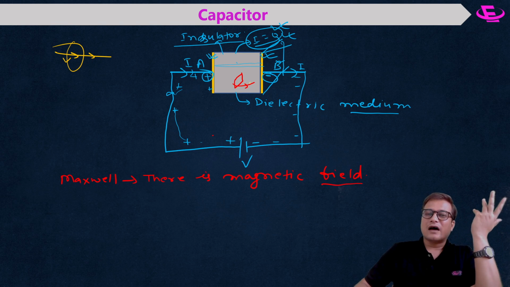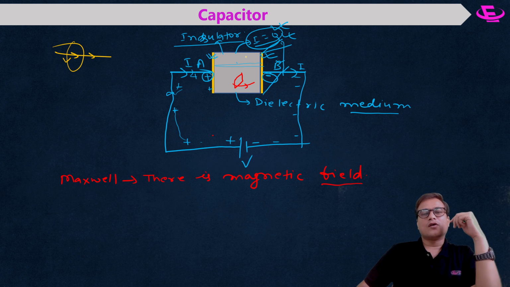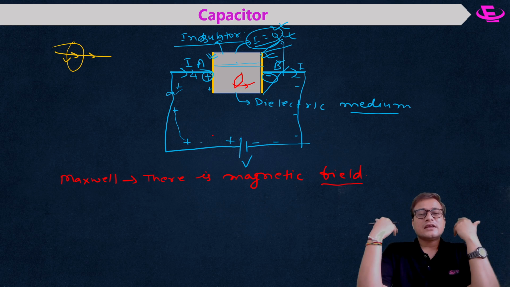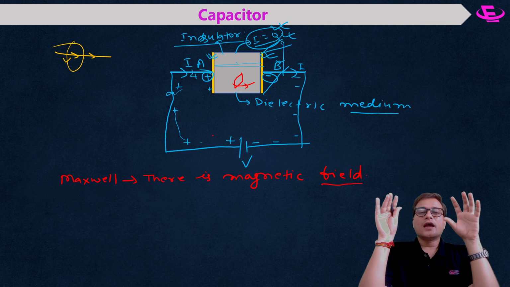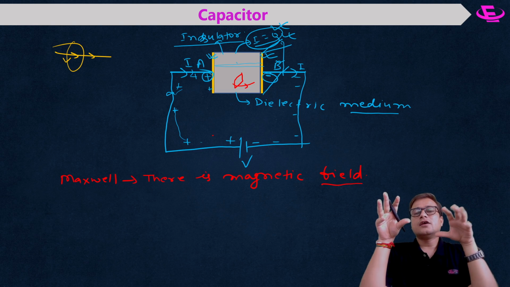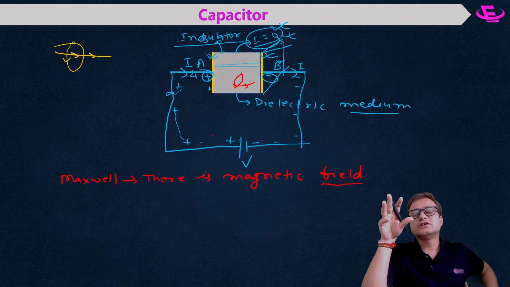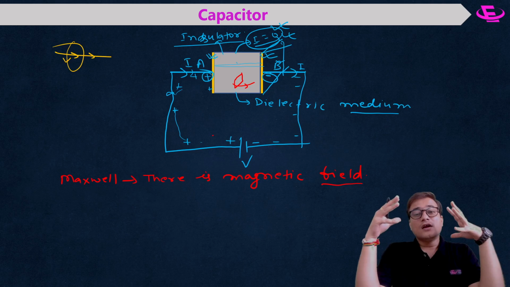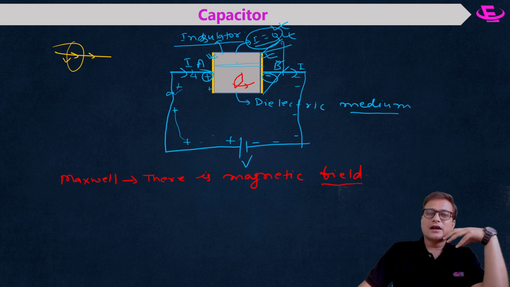But people were laughing at him. Why? Because how is it possible that current is flowing in an insulator? So again, what's his explanation? Now he tried to prove how current is flowing. For proof of current, he started thinking. So then what did he think? He thought that there is current and this current is I.